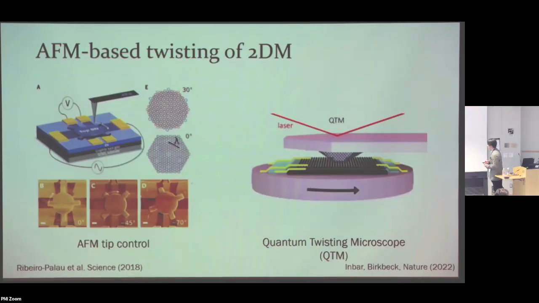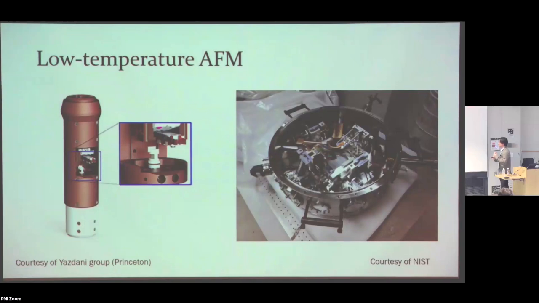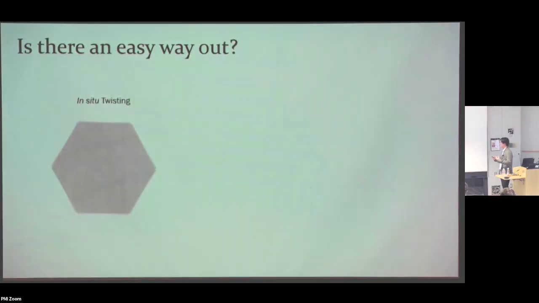But of course, we want to do this in low temperatures and high magnetic field and so on and so forth, right? So now when you want to do that, it becomes a little bit complicated. I know people here at Princeton know how to do that. You guys are experts, but unfortunately, I don't know how to do that, especially in low temperature and high magnetic fields, okay? This is something that I think only a couple of groups in the world know how to do. So I have been thinking, can I do this without what you guys have?